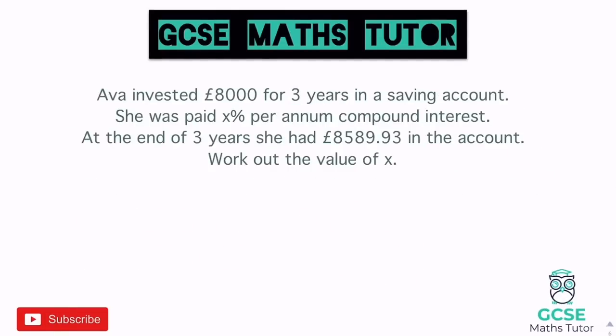Okay, so Ava invested £8,000 for 3 years in a savings account. She was paid X% per annum in compound interest, and at the end of 3 years she had £8,589 and 93p. Work out the value of X. So if we take the same approach here, trying to write down what we know, we've got £8,000. We're going to multiply that by X%, which we don't know what it is, so let's just put X in there. It's going to be to the power of 3, and it's going to give us the answer